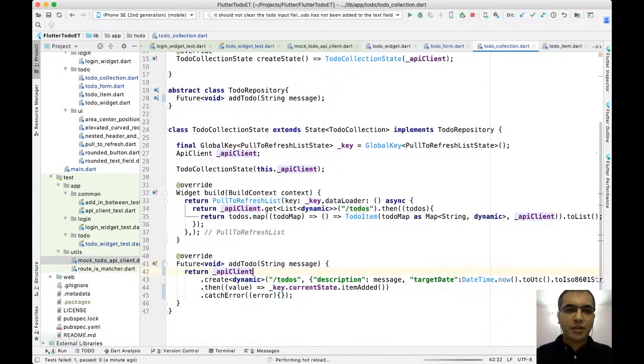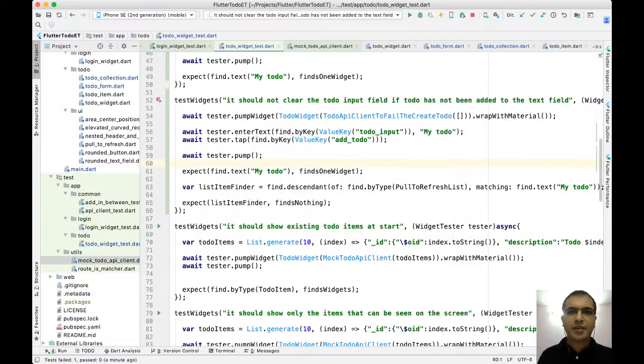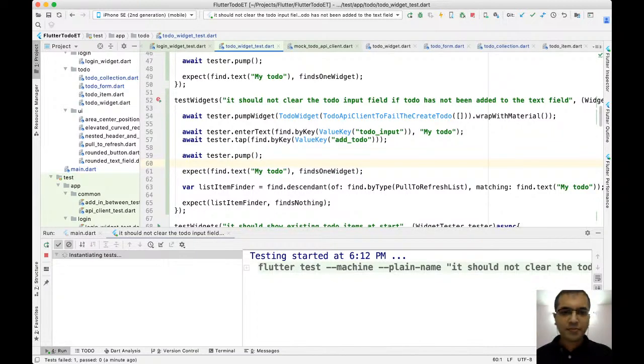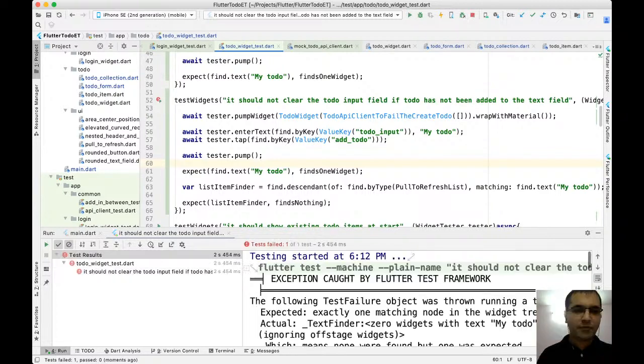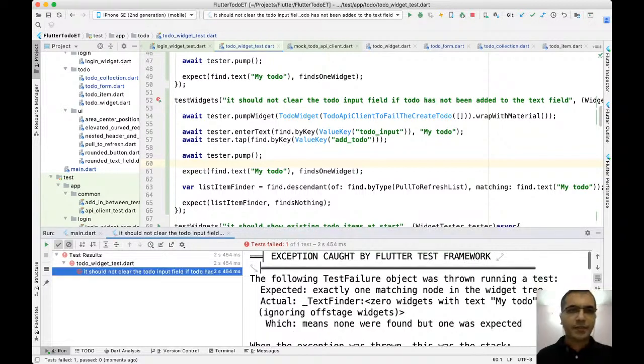The only impact is I need to return this. Yeah. So my test would still be failing. Let's go and verify that my test is still failing. And once this is actually implemented, the better thing to do is I should be running all my tests as well. Yes, the test is failing. Let's quickly go ahead and fix it.